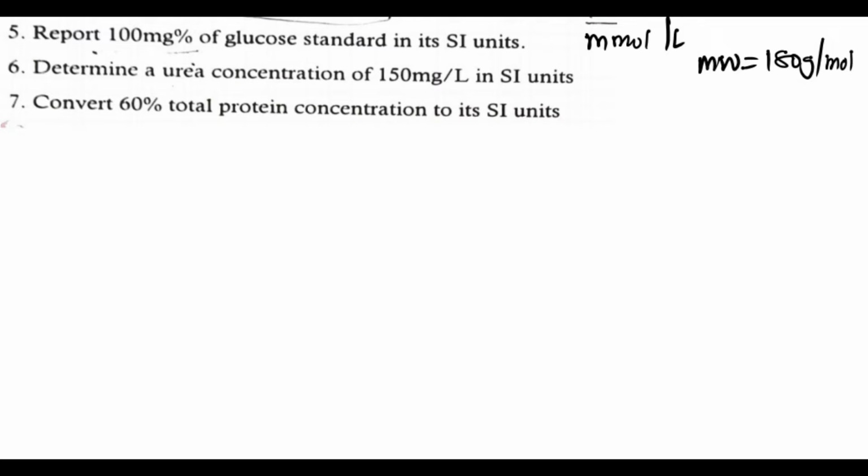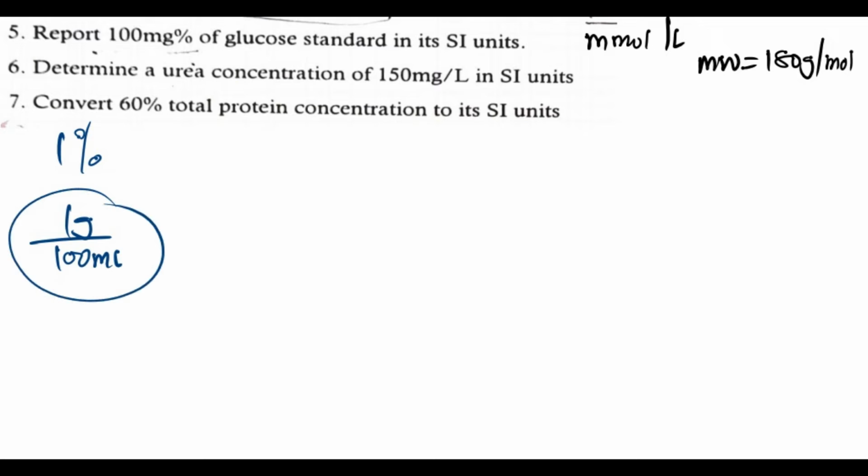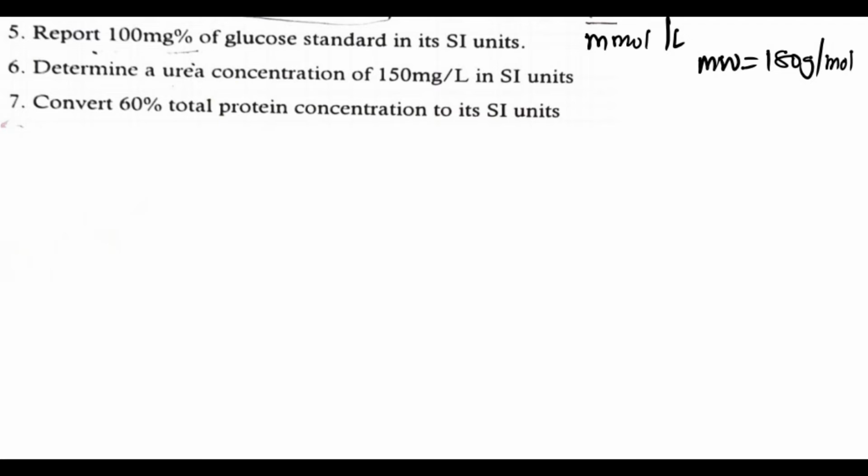Then what do we do next? The next thing we have to remember is that when we have got 1 gram, or let me say 1%. So if I've got 1%, 1% is the same as 1 gram per 100 mils. So this is very important. You need to know this. In the first one here, the way it is, which is 100 milligrams,